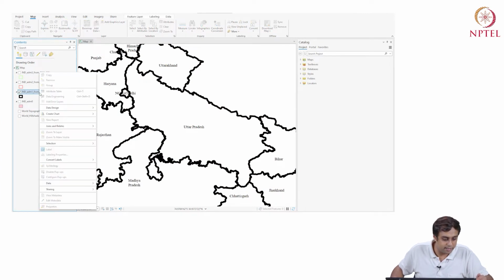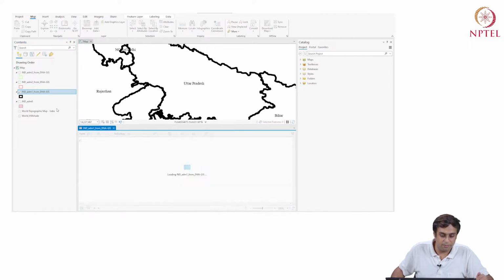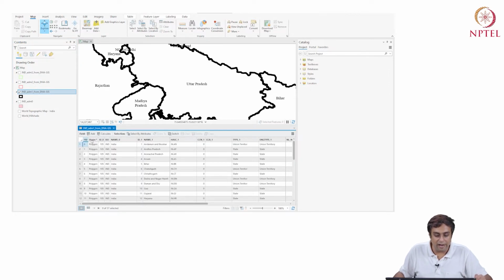Right click. I am going to say attribute table. Under attribute table, I have this top tab area where I have field. It says add, calculate, selection, and it says select by attributes.